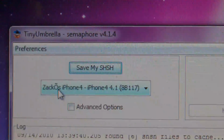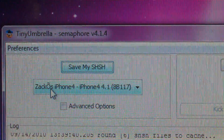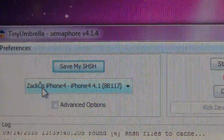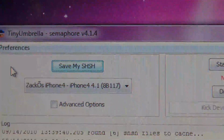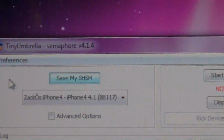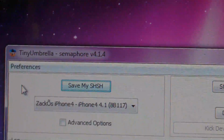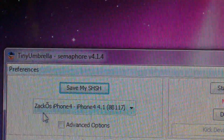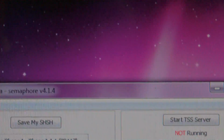Okay, there's your device. Most of the time, 9 times out of 10, it will say the name of your device and 4.0.1 or 4.0.2. Whatever it says, doesn't matter as of right now. Just go ahead and click on Save My SHSH. That way, your blobs will be saved to Cydia's server. So in the future, if you decide to downgrade or whatever the case may be, you will have the option to do so. Now, once it is saved under 4.0.1, 4.0.2, you're going to want to click on the advanced options, and that will bring down